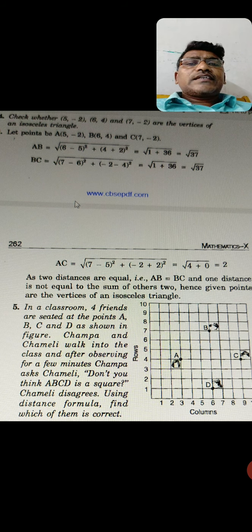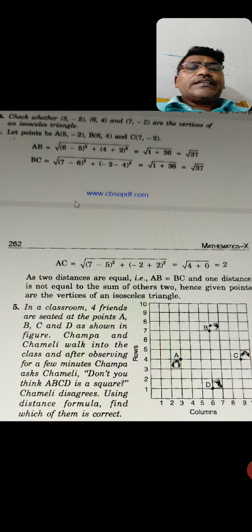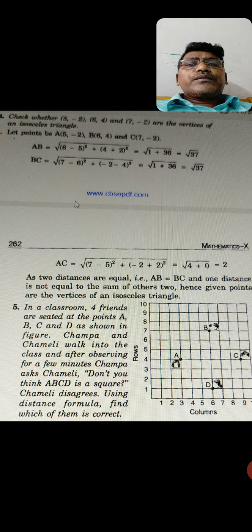Like that, B is 6 on the x axis and 7 on the y axis, so 6 comma 7 is B. You go to C, you see 9 units on the x axis and 4 on the y axis, so 9 comma 4, and the D coordinate is also there, that is 6 comma 1. Now we are clear on the vertices, I mean the places A, B, C, D. They are asking whether it is going to form a square or which type of figure this is. So we can clear their doubt by finding the length of all the sides, I mean the distance between AB, BC, CD and AD.